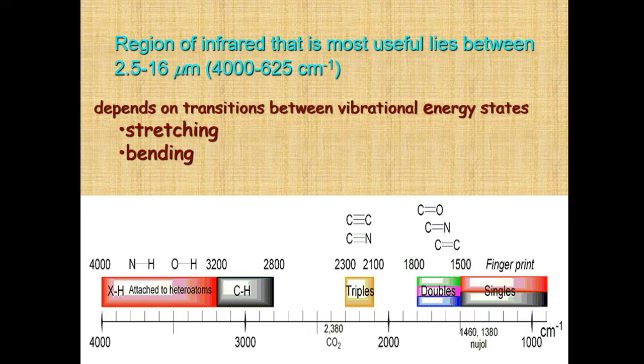Then there is 1000 to 1200 or 1300 centimeter inverse, where carbon-carbon, carbon-oxygen or carbon-nitrogen bonds get vibrated. Not double bond, it is a single bond. Okay, so the 1000 to 1200 centimeter inverse region is the single bond stretching region. Single bond means carbon-carbon single bond, carbon-oxygen single bond, or carbon-nitrogen single bond region.